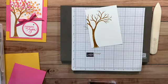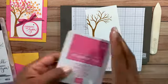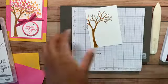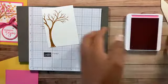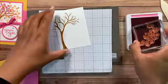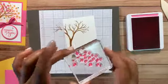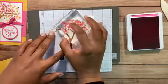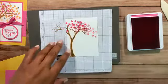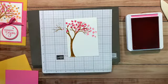I'm going to ink that up using our Magenta Madness. This is another color that's part of the In Colors. Move this to the side. And just lightly, as you can see, the stamp is smaller than the ink pad, so I lightly ink it up like that. And then I'm just going to kind of stamp here, and then I'll do another set right there, stamp off. Let me grab my